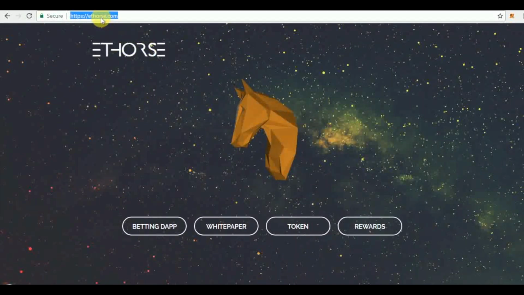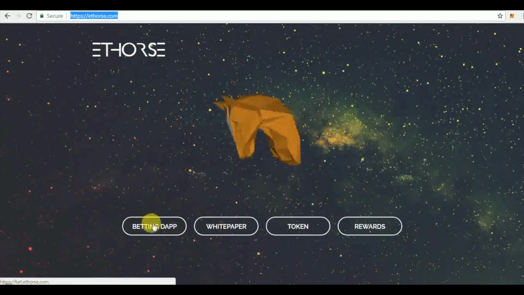Now, to get to the crux of it, in order to view the app, you'll need to go to the Ethorse homepage. Once there, you select the betting dApp. A new window will pop up,